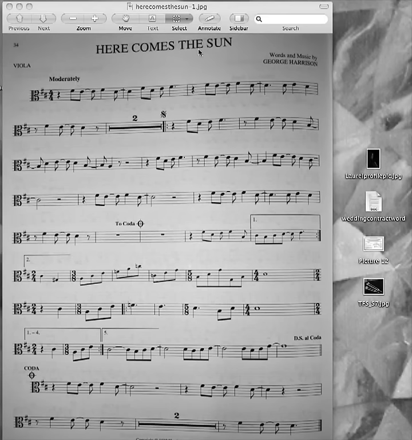This next one, Here Comes the Sun by George Harrison of the Beatles. You're going to start at the beginning with a rest, and you're going to play through, and this piece is a lot more complicated, but here's the sign, and here's a repeat. We'll keep those both in mind, but we're not going to stop or worry about them just yet. We're just going to play through to the coda. That's something else we're going to have to pay attention to later,